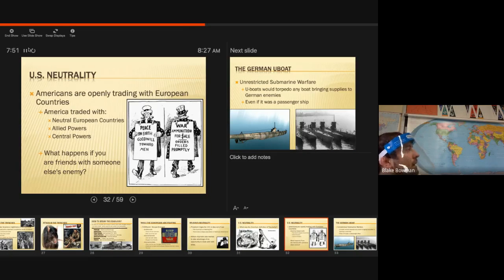So with U.S. neutrality, the United States is open and trading to both sides, like I mentioned before. And with this political cartoon, I think it's pretty good. On the front side of Uncle Sam, it says, "Peace on earth, goodwill towards men." Morally, that's what we're looking for. We're looking to try to end this world conflict, try to bring peace to the world. But on the back side of him, it's kind of two-faced in a way. War ammunition for sale, orders filled promptly. So saying we want peace, morally we want to try to end this war, but at the same time we're making a lot of money off of it, which really showed the United States as a huge hypocrite at the start of the war.